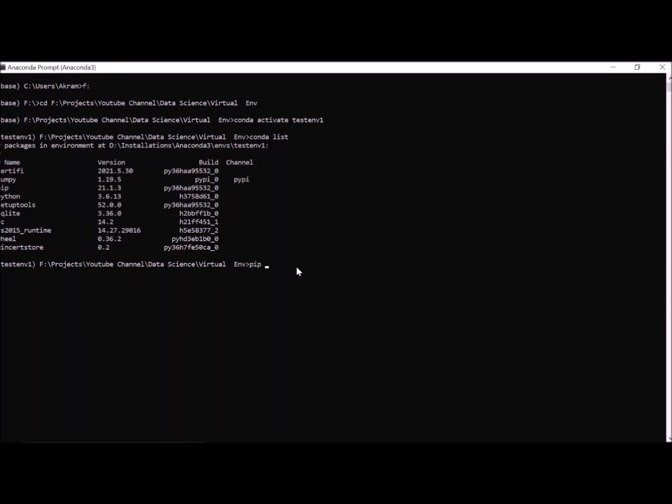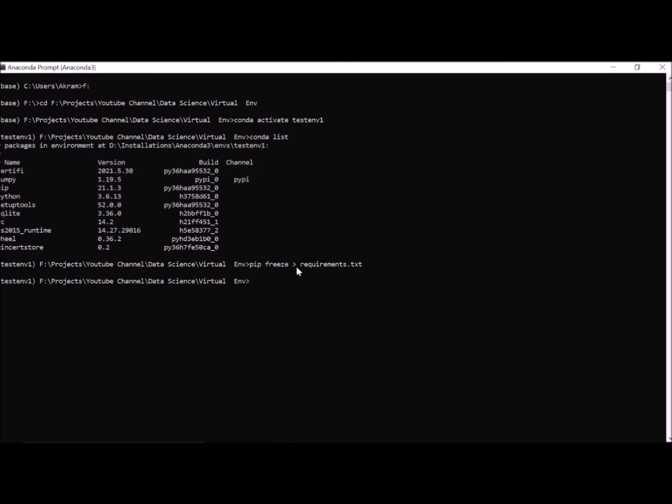So for that you can use pip freeze. There is a command pip freeze, then your file name, requirements.txt. Okay, and just enter.